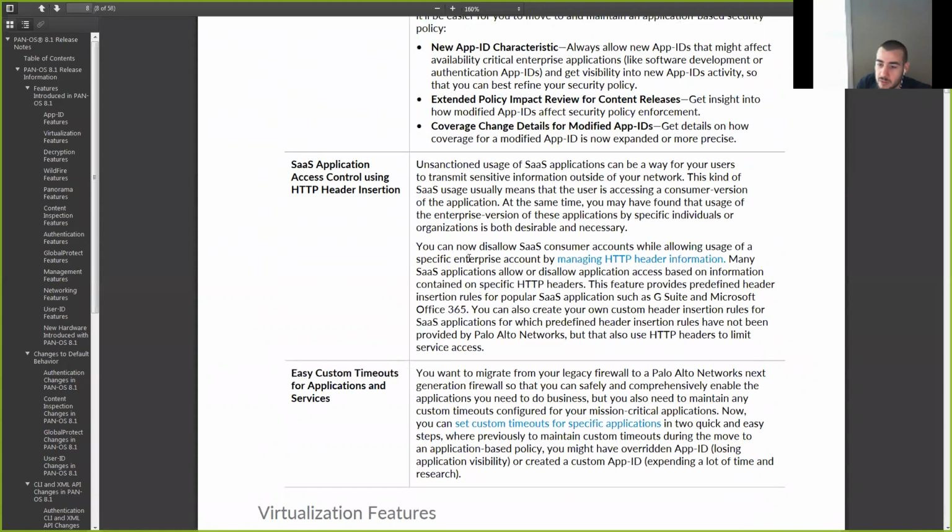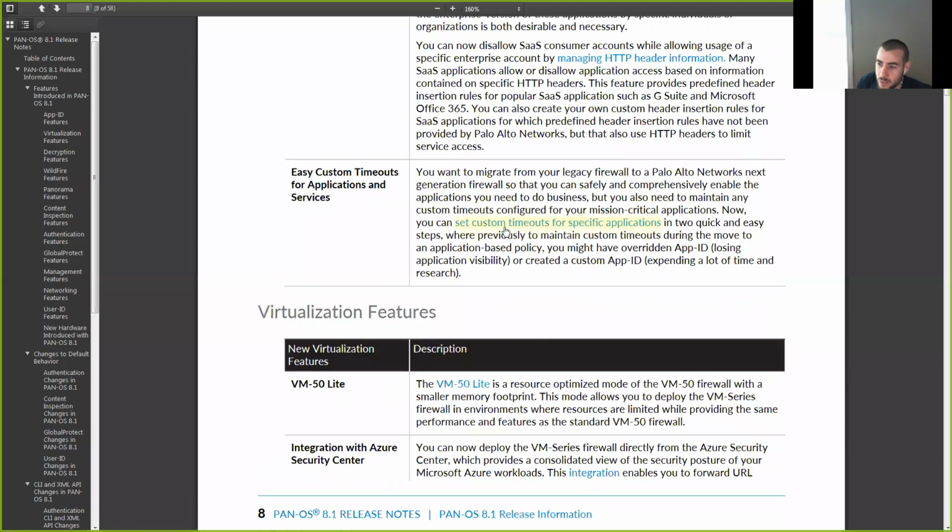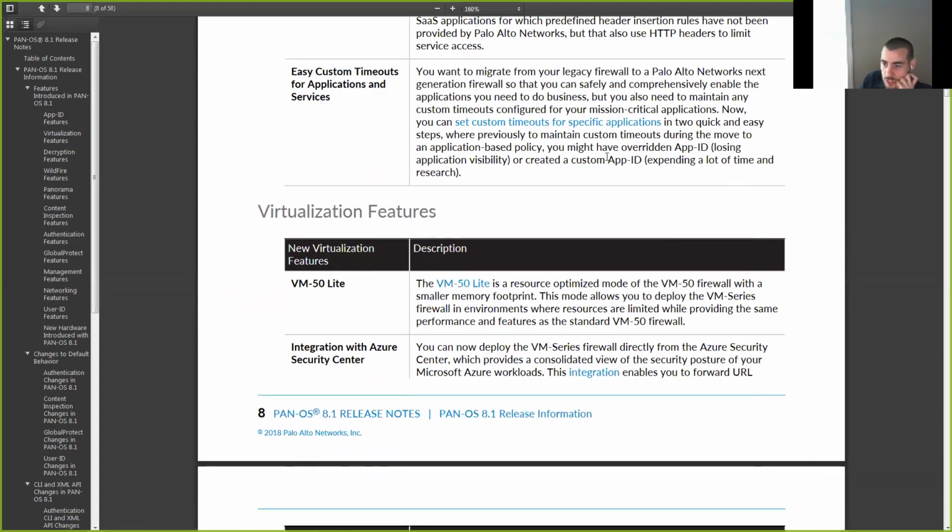SaaS application access control using header insertion. Users access and consider version of the application. Okay. It doesn't do anything for me, but neat. Easy custom timeouts for apps and services. Oh, well, that's cool. It was kind of a pain. I didn't think it was terrible, but